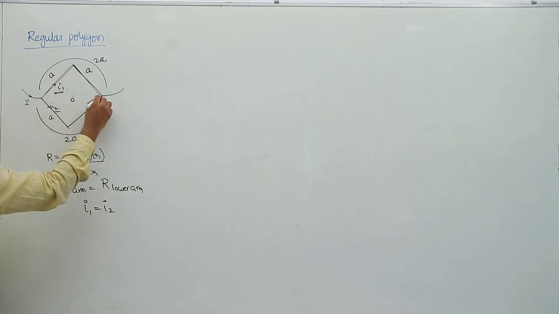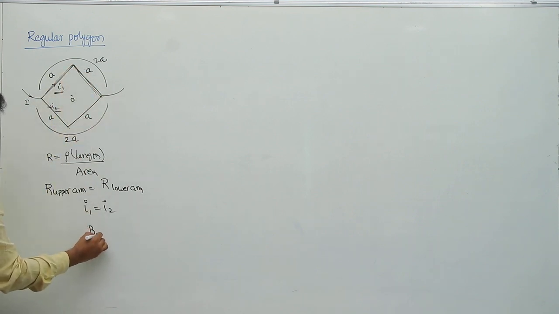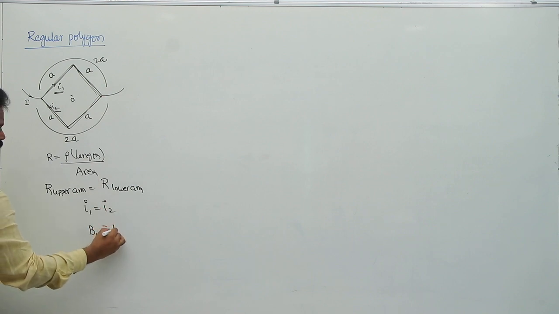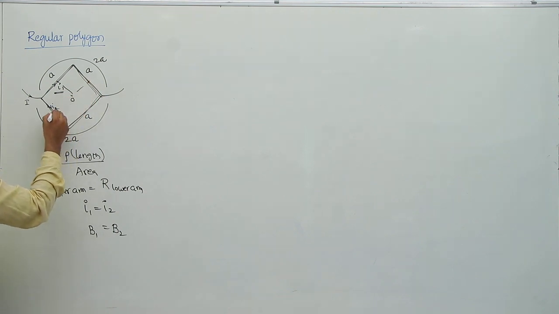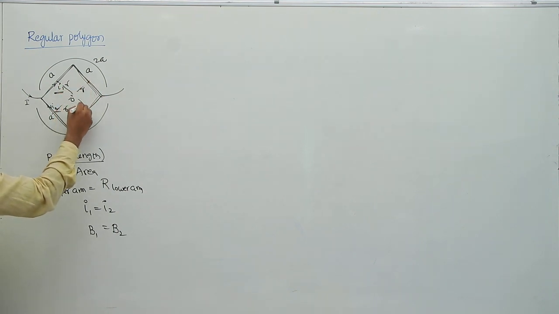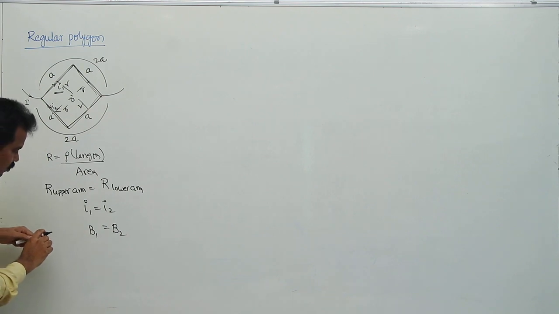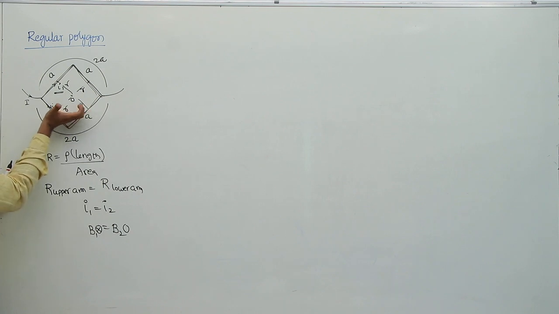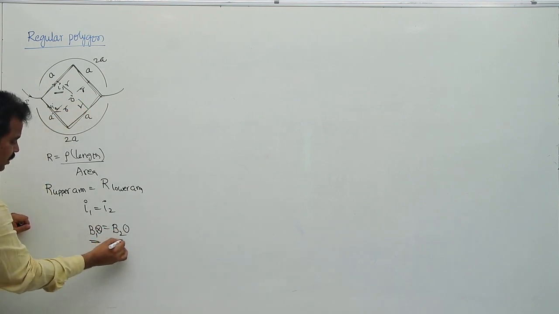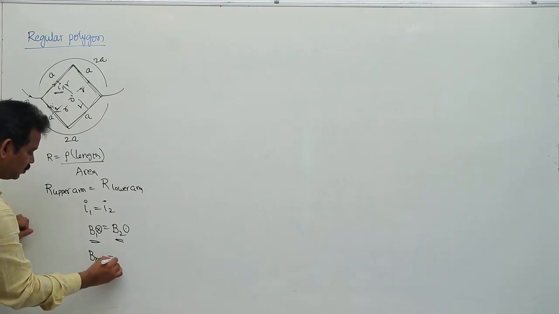So what is the magnetic field due to this one at this point? Let us say magnetic field due to this one is B1. The magnetic field due to this one will be B2, because this depends on current and the distance of this one as well as this one and this one. These are all the same. So B1 is equal to B2. But as the current is flowing like this and coming, B1 is into the board. B2 will act out of the board as the current is flowing out of the board. So both fields are equal in magnitude but acting in opposite directions. The net magnetic field due to this one will be 0.